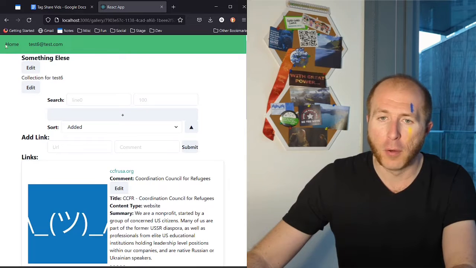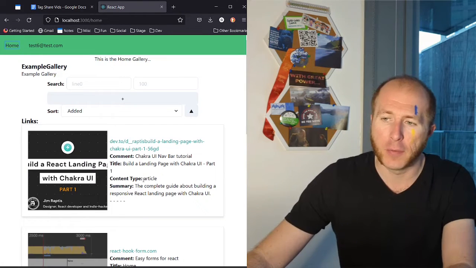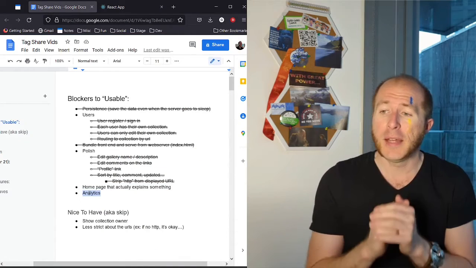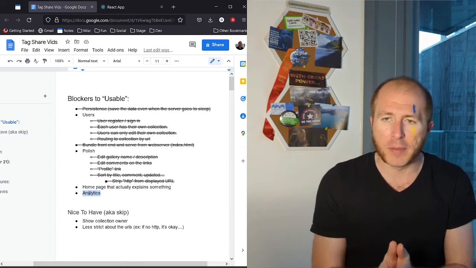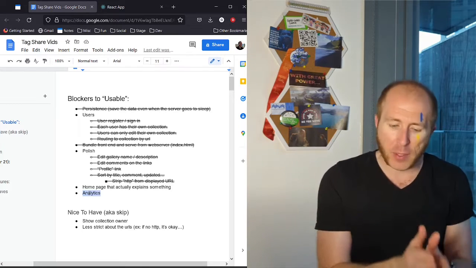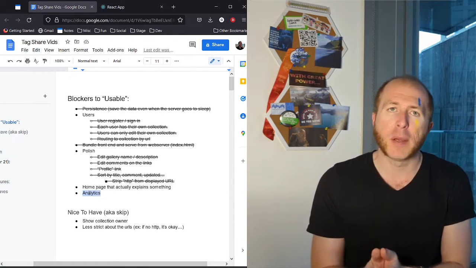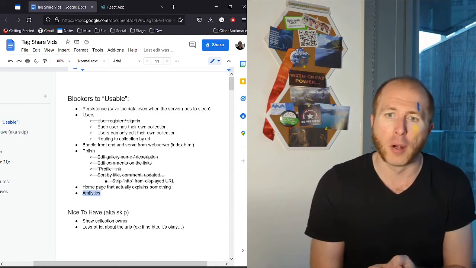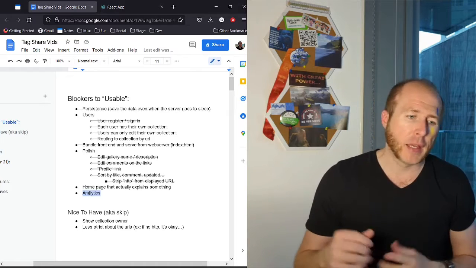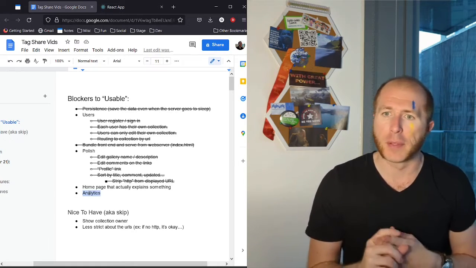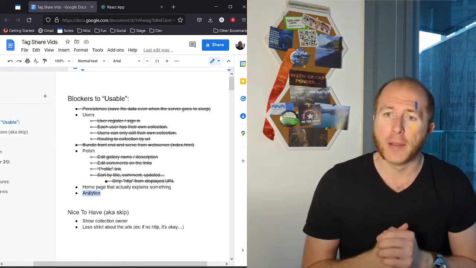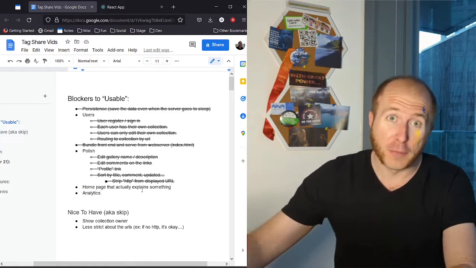Right now, if I go to home, I just put a default gallery here. So I'm going to put a little explanation about what this app is and how people can help give feedback. The last is analytics, which I'm considering now a must-have. Once I do put this live and try to start gathering feedback, if I'm not getting the type of feedback I'm expecting, I need to know where those misses are and where in that funnel people are dropping off. So just going to do some very basic analytics, capture like page loads and requests and things like that. I'm hoping I can get all that done tonight, and then we can get this live and be ready to go. Without further ado,